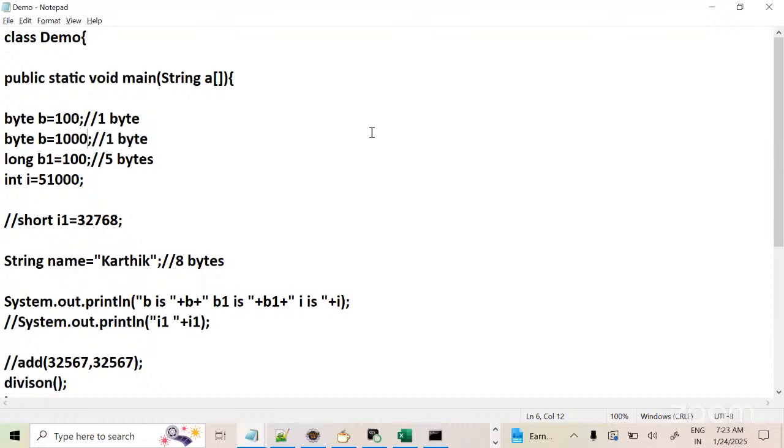What happens? What is your observation? Compile error. First of all, it's an out of range error; a byte can only take from minus 128 to 127. Sir, it can take long, but the memory will be wasted. Now if I write byte b equal to 101, it is not going out of